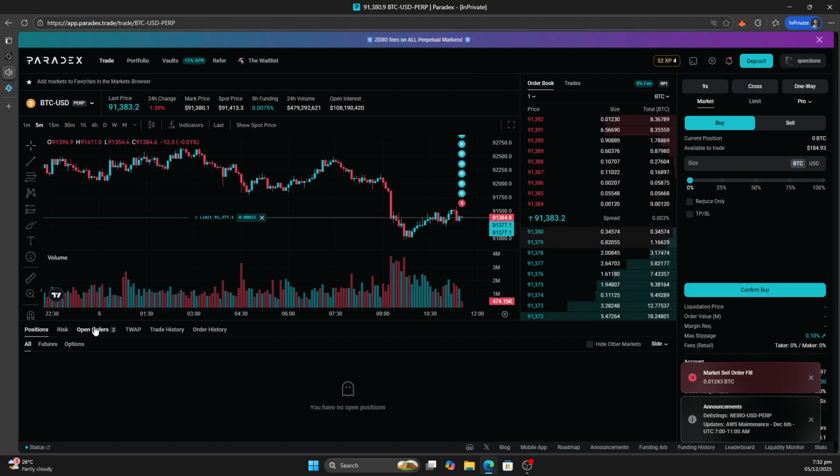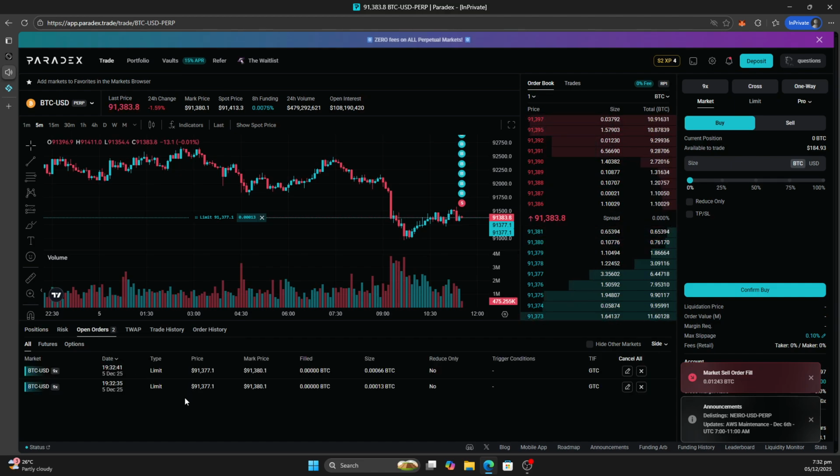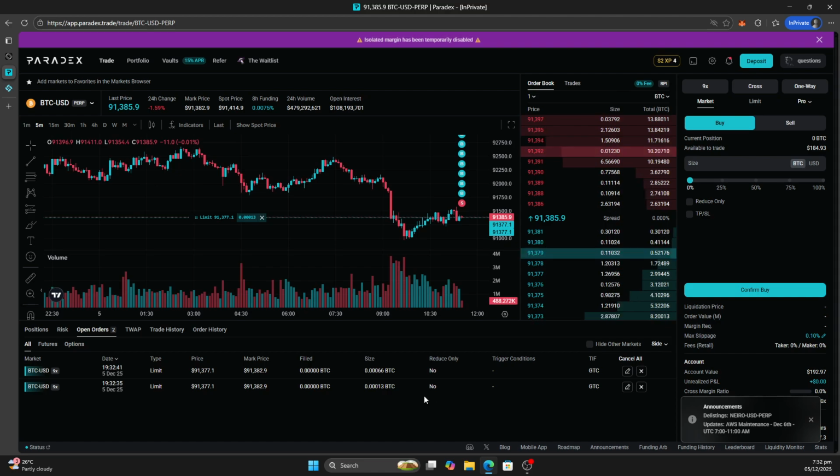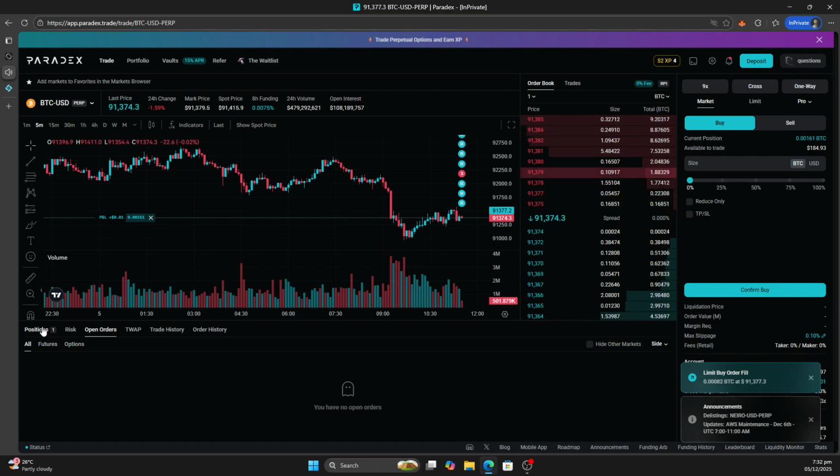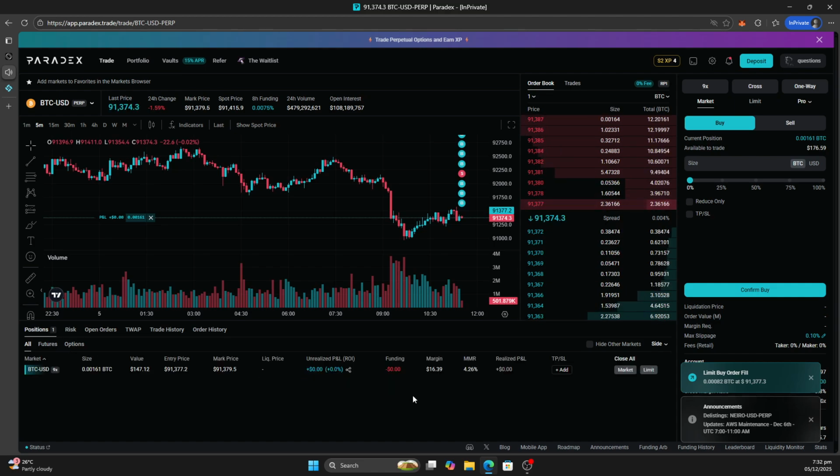You see the second one is active. It has put two limit orders. So limit order, it's waiting, the price has not been reached. It has put three limit orders. Okay, so this one is